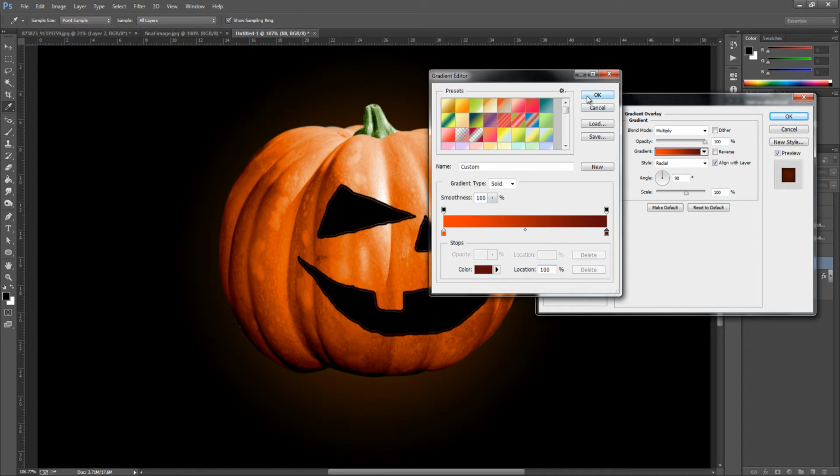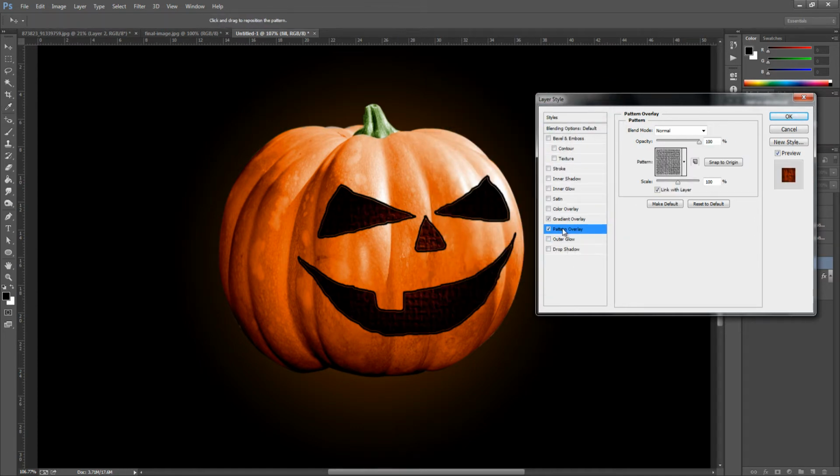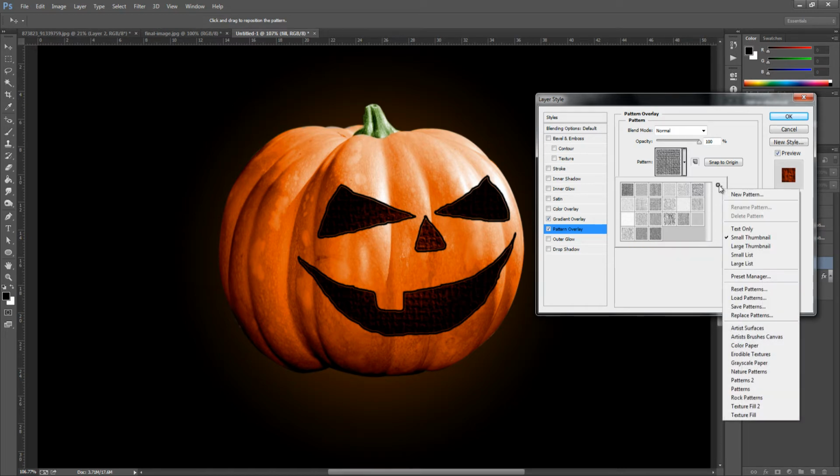Click OK again. And next thing we're going to do is add a pattern overlay. So click pattern overlay. And we're going to go and find the wax crayon on vellum, which if you can't find, just click the cog icon and you have all the presets here. Just go through them and it'll be in one of them.